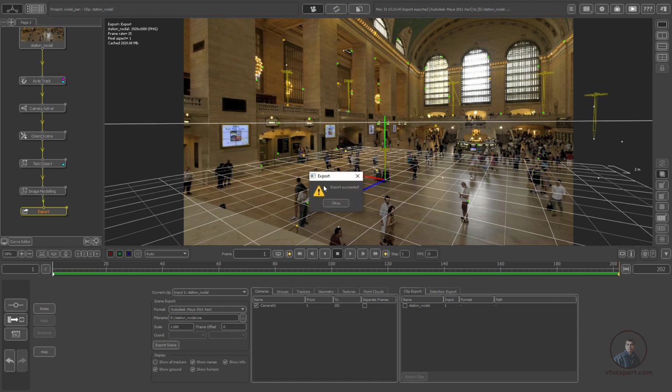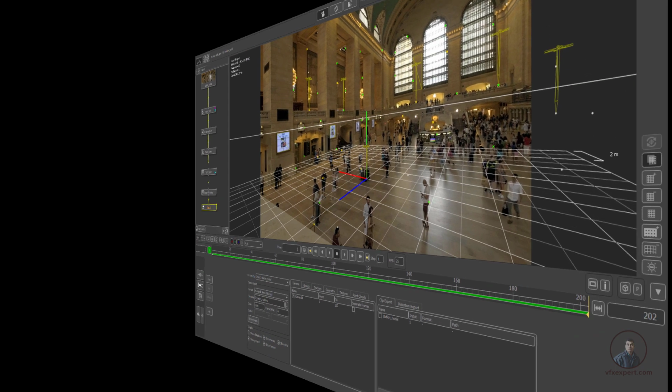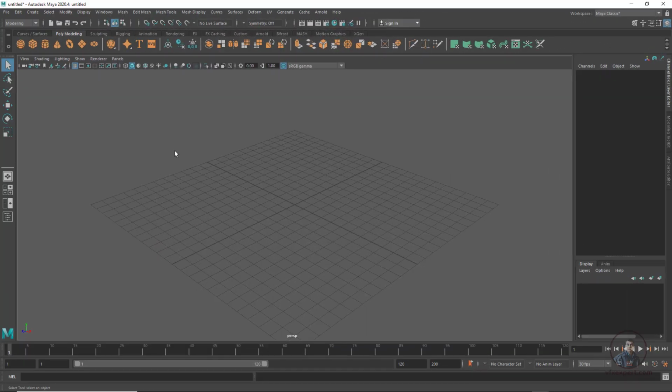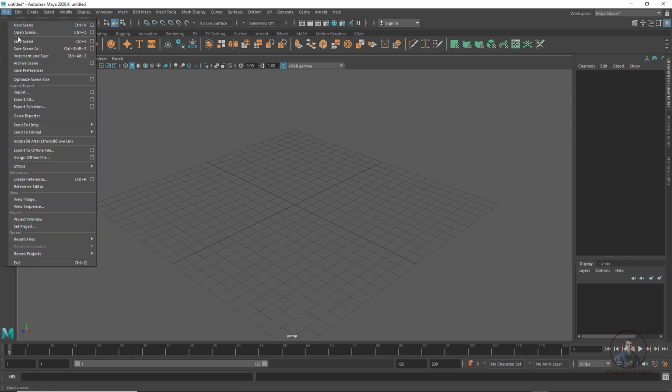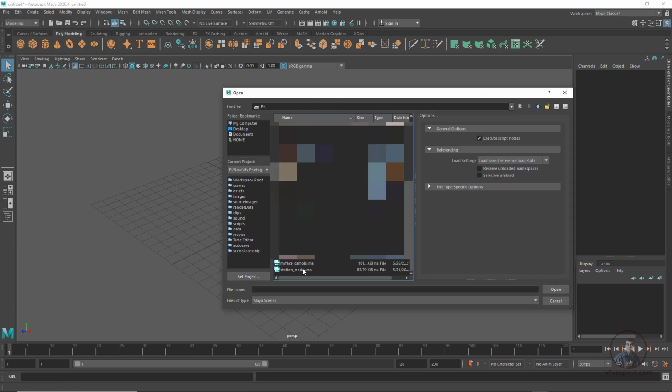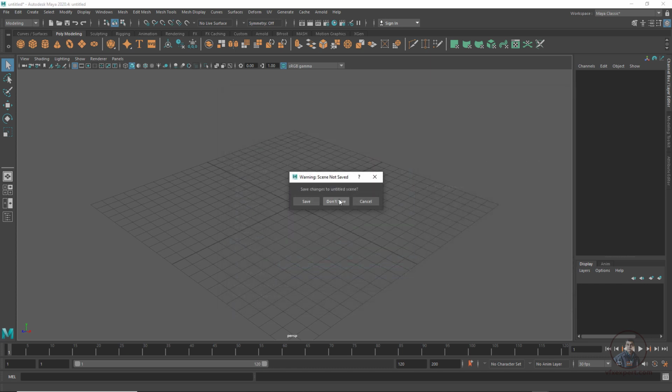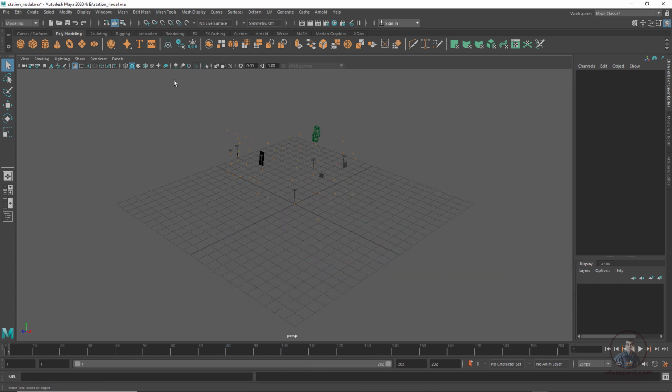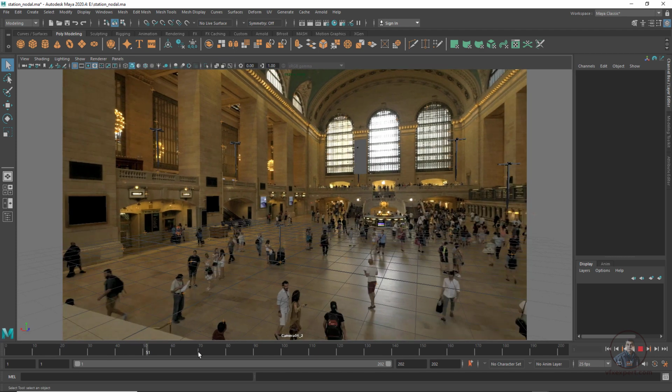So just only for testing purposes. So exported successfully. So now come into Maya and test this scene. So this is just for experience. The remaining things we will cover in our exporting class in detail. Then again click on file, select this one, then click on open, don't save. So here I have imported our tracking data, then come here in our camera view, so you can see.